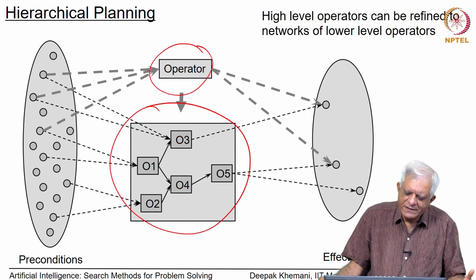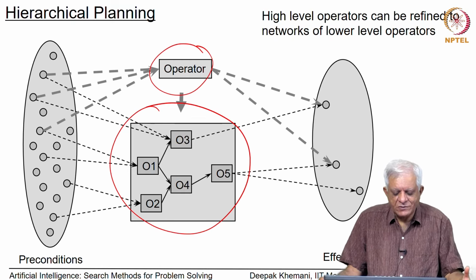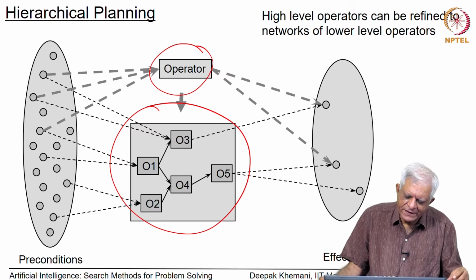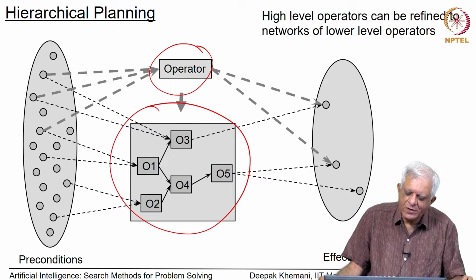Let us say one of the operators at some level is that you want to take this flight from Chennai to Delhi. Now, taking this flight, inserting it into a plan, can be a higher level operator,